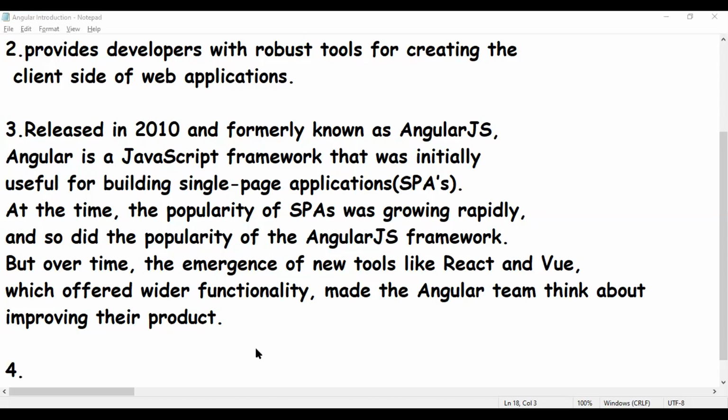Earlier it was called AngularJS. In 2016, Google presented a new fully rewritten version of this tool and they just called it Angular.